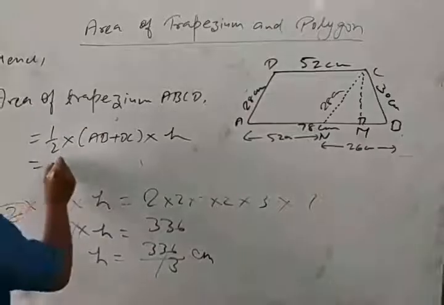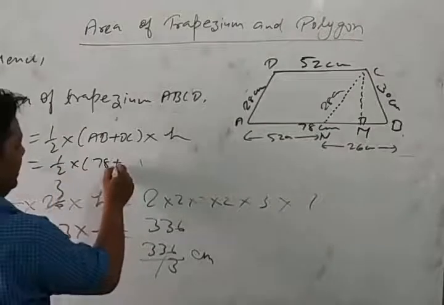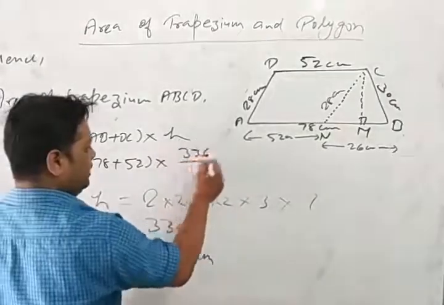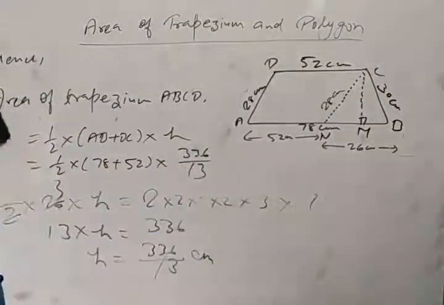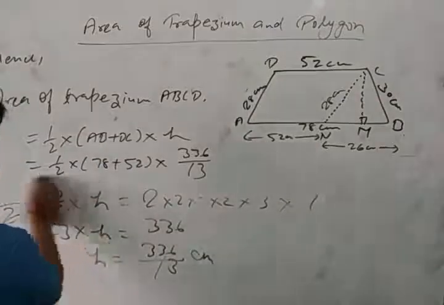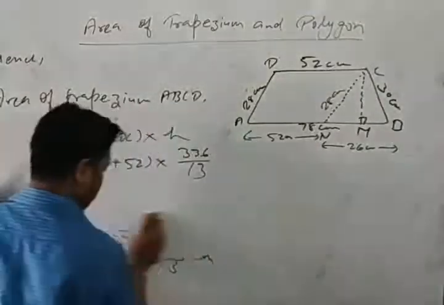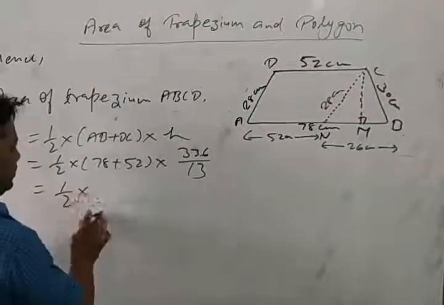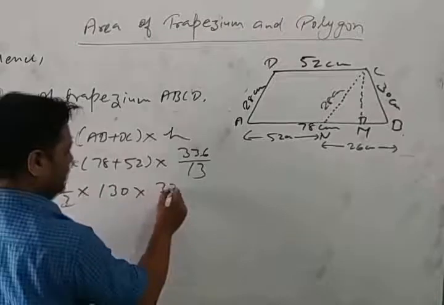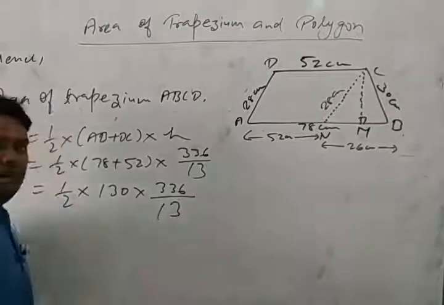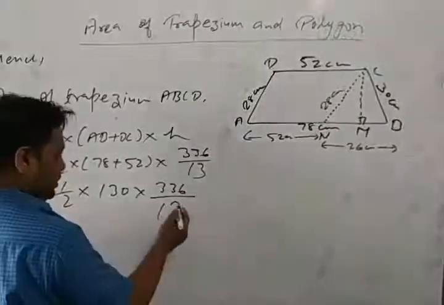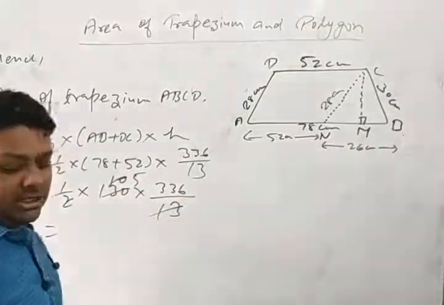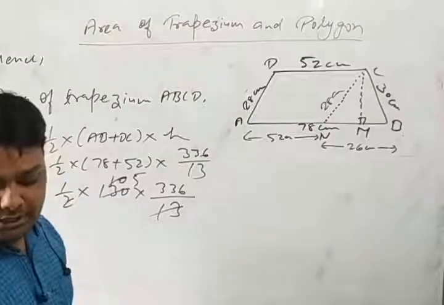Now put the values. AB is 78 and DC is 52, and h is what we have just found, 336 by 13. Now let's find it. So it will be 1 by 2 into 130 into 336 by 13. So 13 into 10, and 2 into 5. It means after multiplying 336 into 5, you will get 1680